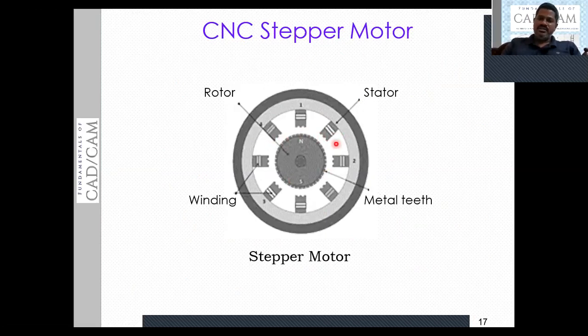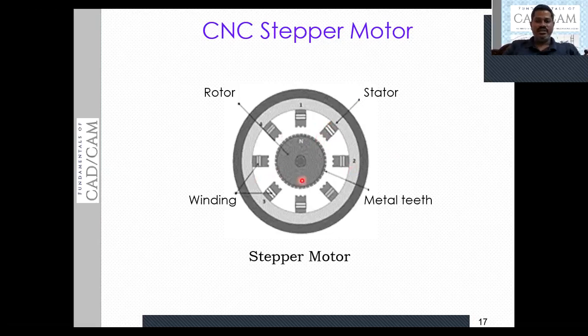Because of the teeth on the stator, because of the teeth on the electromagnets, the pulses will generate. Each pulse corresponds to some angle of rotation of the rotor. So based on the pulses, the movement of the rotor will be controlled here.